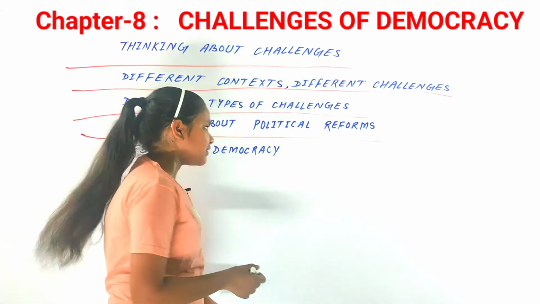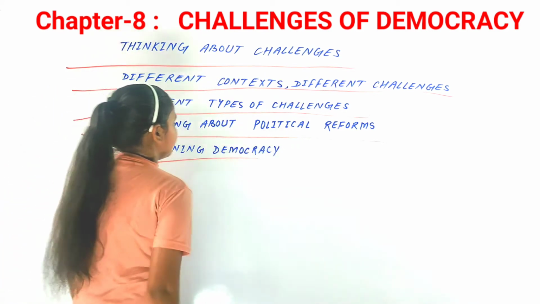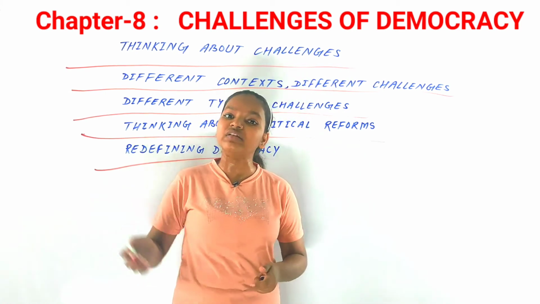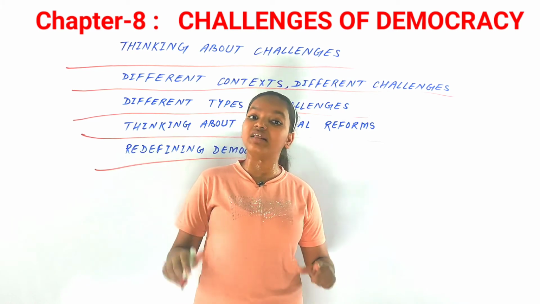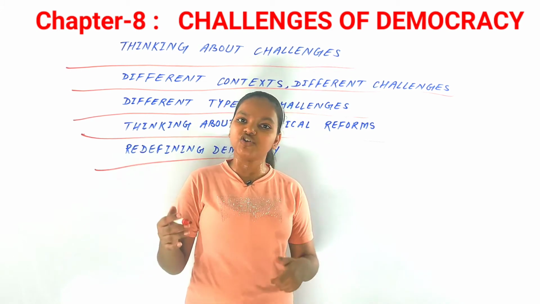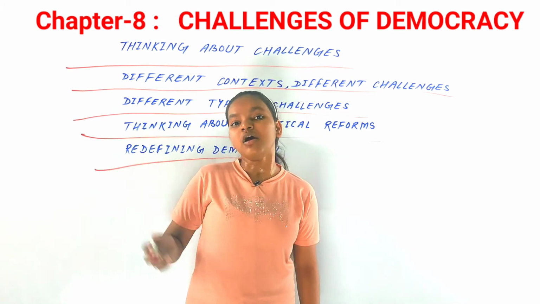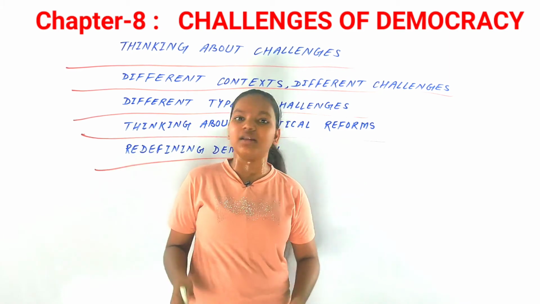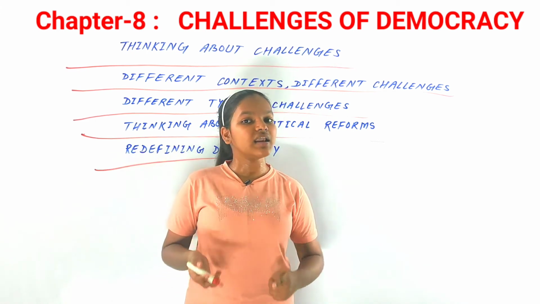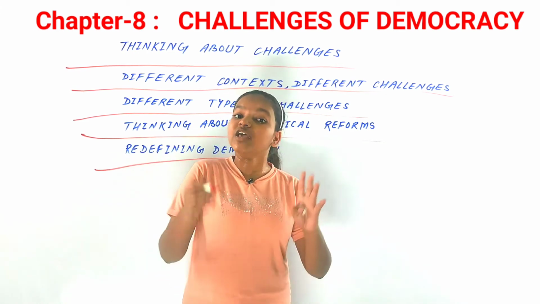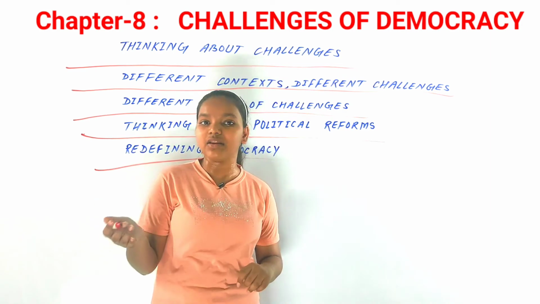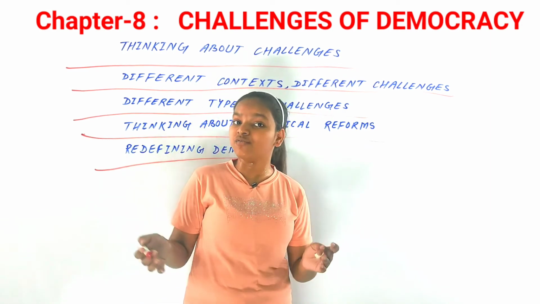After that, what we have to discuss is redefining democracy. Now we discussed the reforms. Even if we have reform, it does not mean that you have to change all the political leaders of your country. Are you sure that those people who are elected after them would not be corrupted? Well, they can be. There is a chance that they would be corrupted, and not so good. So even if there is a reform, we need a reform in moral values as well as prudential values. It is not that we just have to change the political leaders, as that does have some negative effects as well.